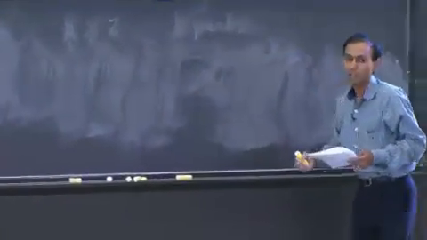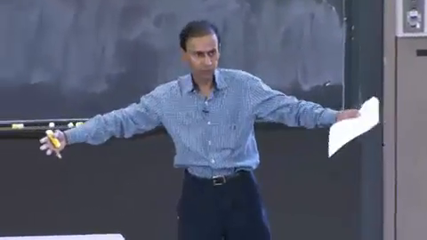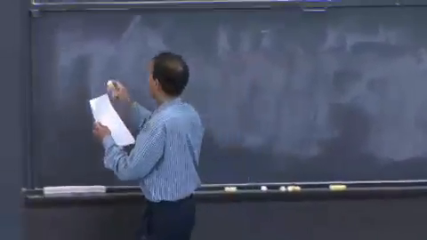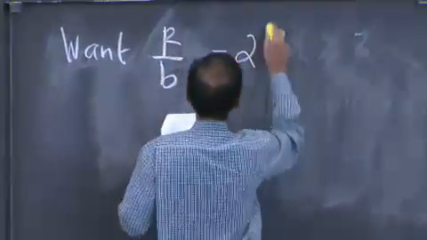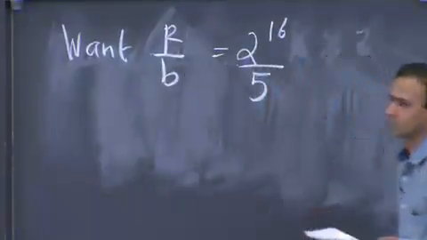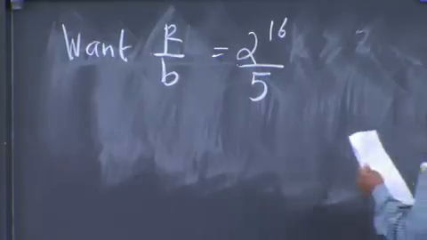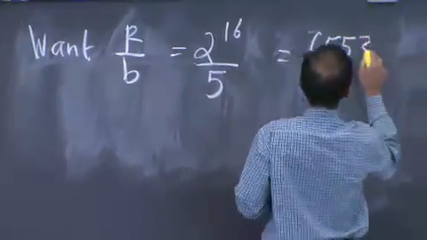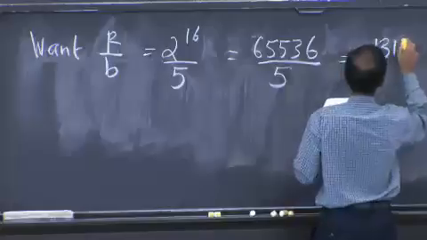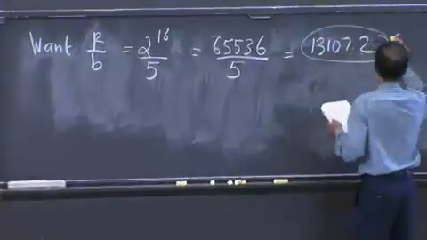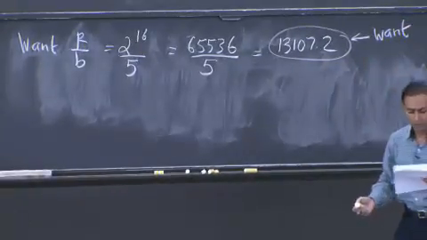You have to run this iteratively. You've got to get to the point where it's large enough that you have your digits of precision. And just as an example, let's say we want r divided by b equals 2 raised to 16 divided by 5. So this is a fairly straightforward example, but when you get up to integers, it turns out it's evocative. r was selected to be 2 raised to k to make for easy division, and what I really want is that, and I want to see how I get to that using Newton's method.